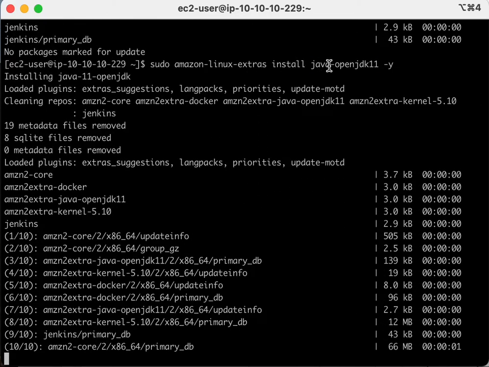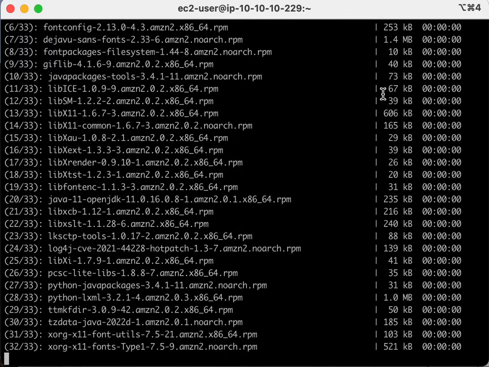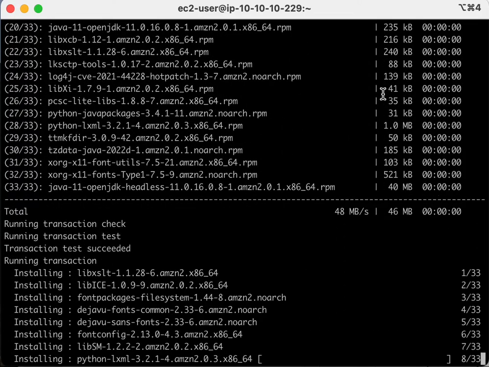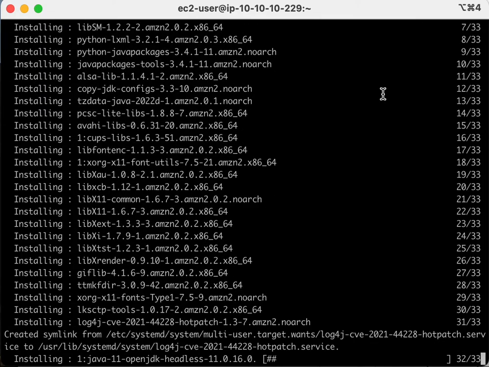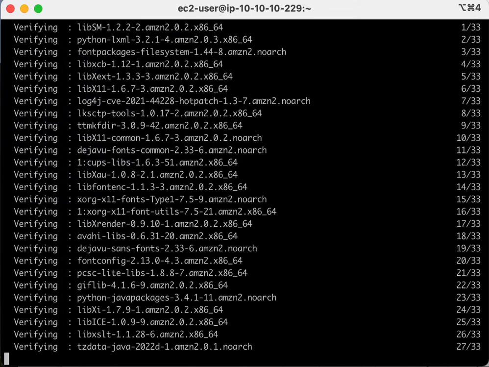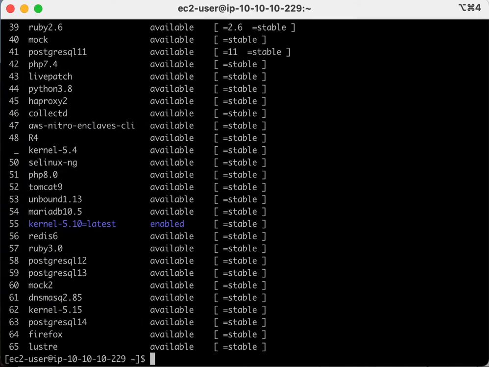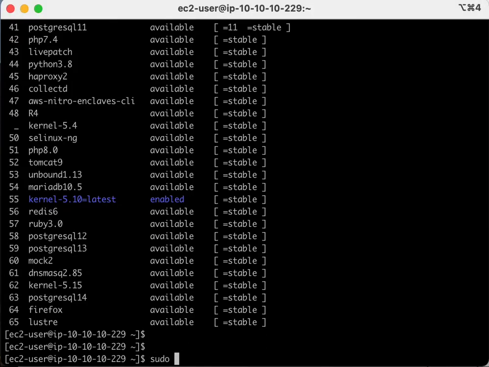and it's installing Open Java Development Kit 11, and the -y is basically saying, I don't want to be prompted for yes or no option of installation. I'm ready. Go ahead and install that. So while this is going through the installation, it should be pretty quick. There we go. It's just done, and now we're ready to install